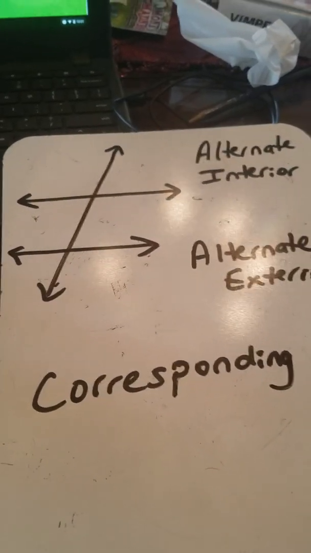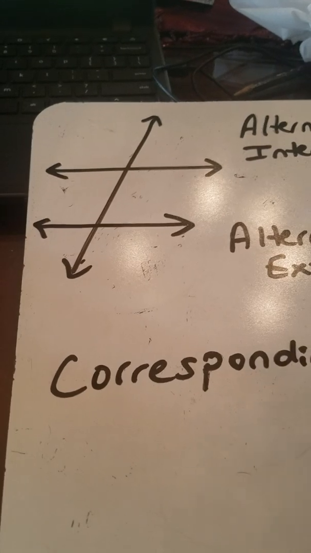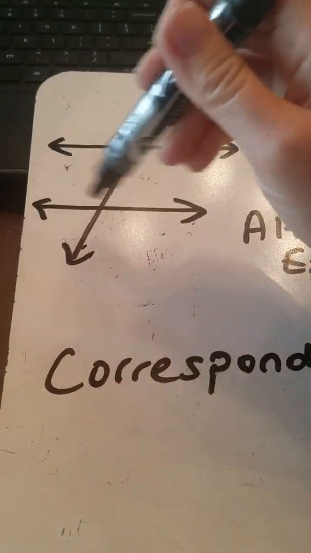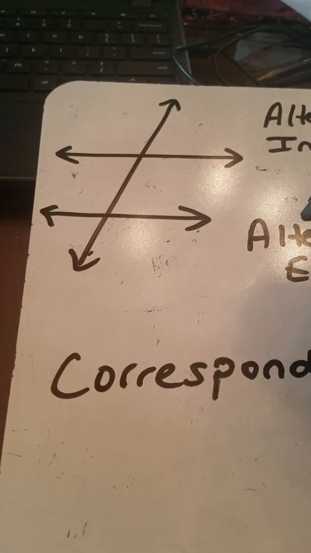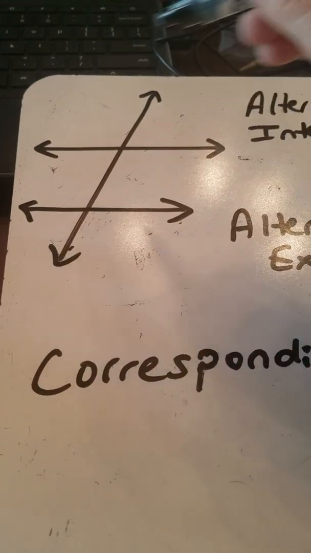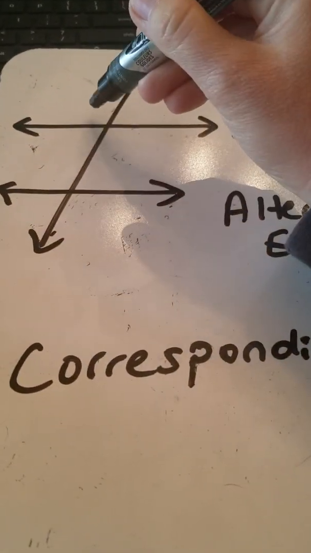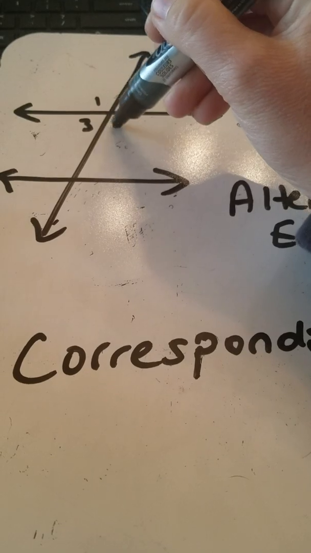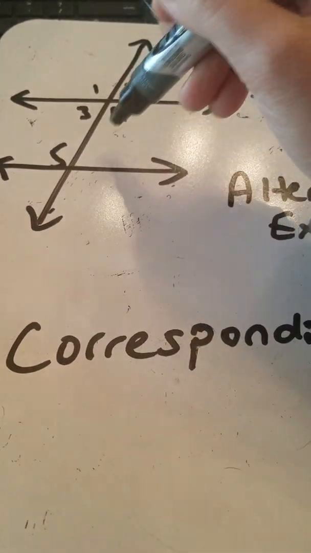All right, let's take a look at these. So this is what we're doing this week. We have a pair of parallel lines cut by this thing called the transversal. Okay, let's look at angle measures. So I'm going to throw in some numbers here so we could talk about which of these,